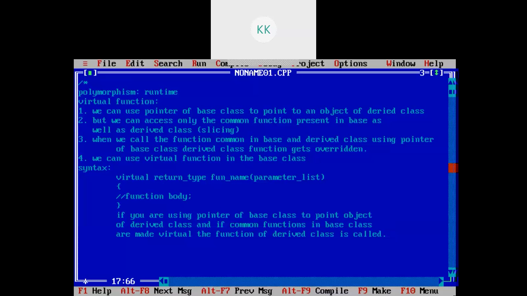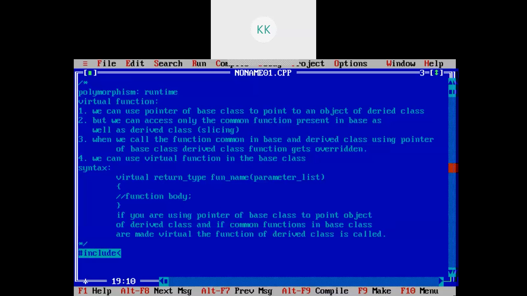So if you make base class functions virtual, and the pointer is pointing to an object of derived class, then the functions in the derived class will get called. So we will see one example.